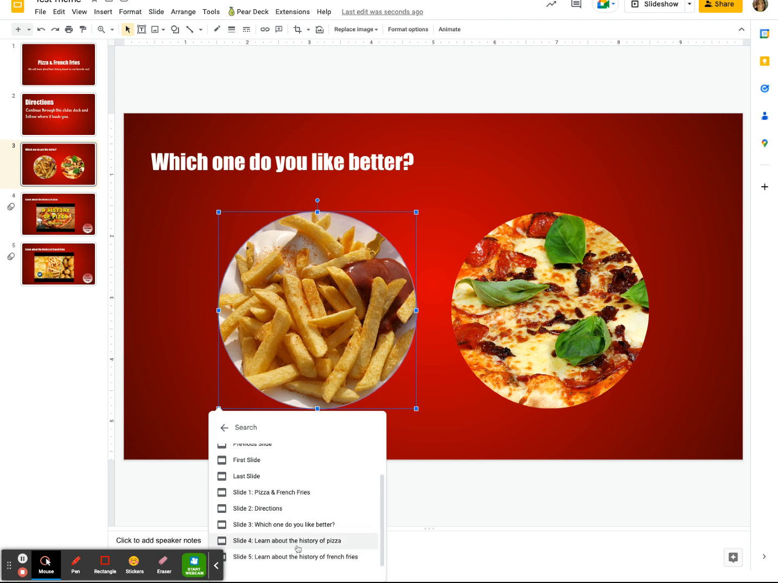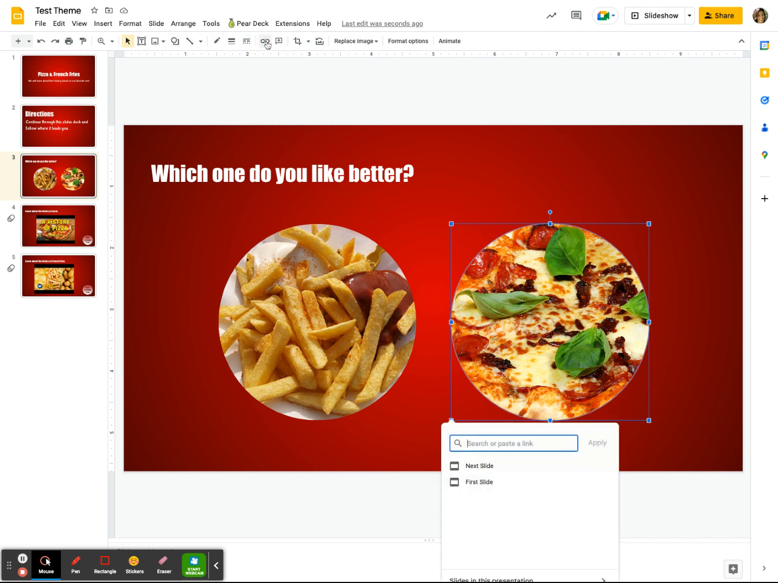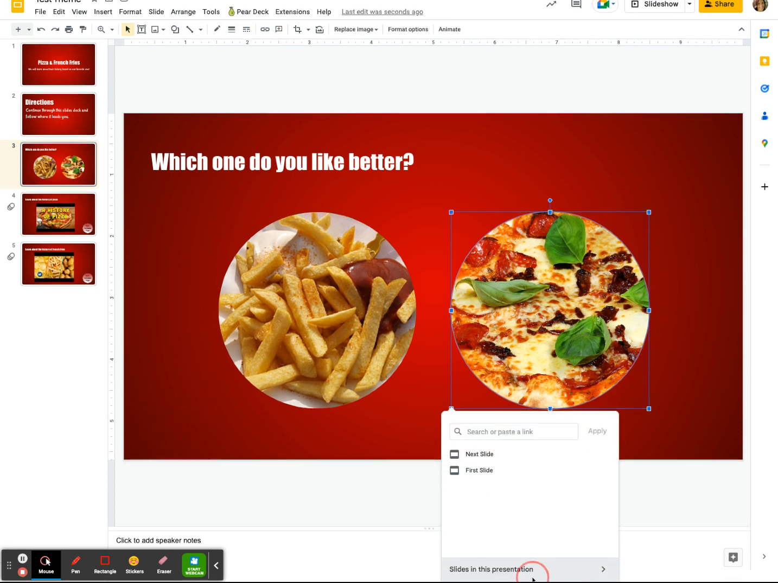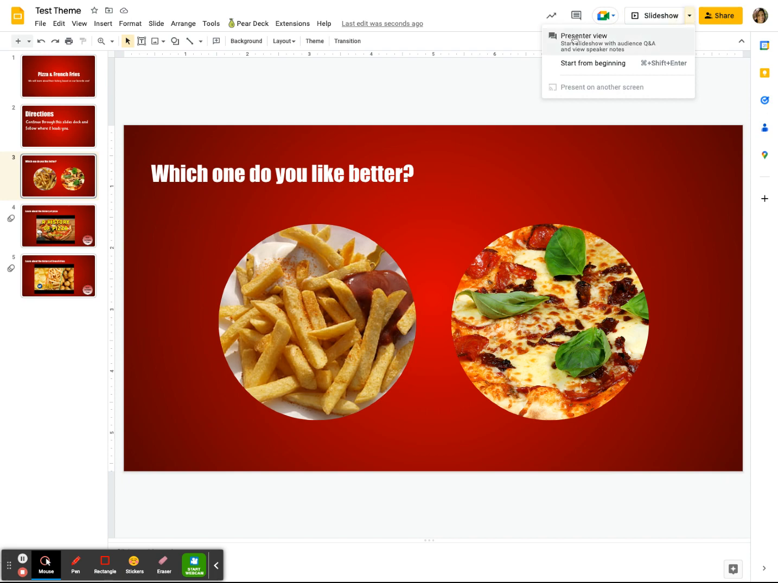And I know that I want them to go to slide 4 if they pick pizza. Actually, I have this out of order. And then slide 5 if they pick French fries. So I want to make sure that I'm taking them to slide 5: learn about the history of French fries. And now here for the link, I want to say, take you to slides in this presentation. And I want to make sure it's slide 4: learn about the history of pizza. So now we can go to slideshow and I'll do presenter view